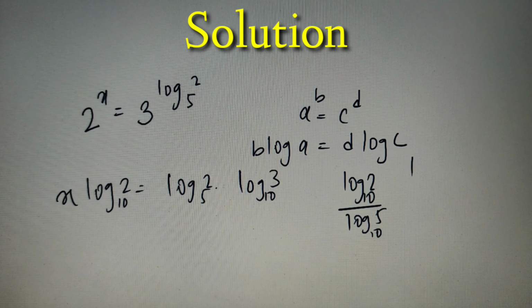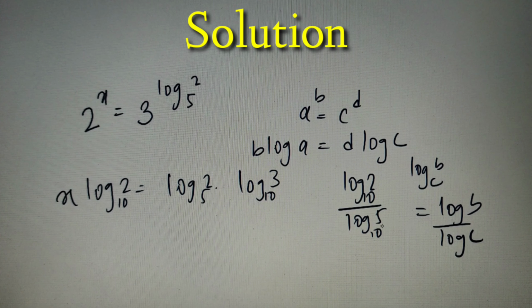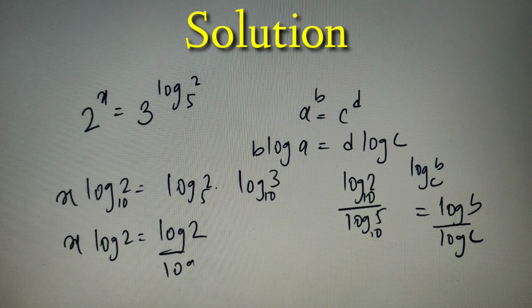Now we have used the formula of log b base c, which is equivalent as log b by log c, and we can take any common base. Now, since we have taken base 10 on both LHS and RHS, that's why we have taken base 10 over here as well. So our equation will become x log 2 is equal to log 2 by log 5 into